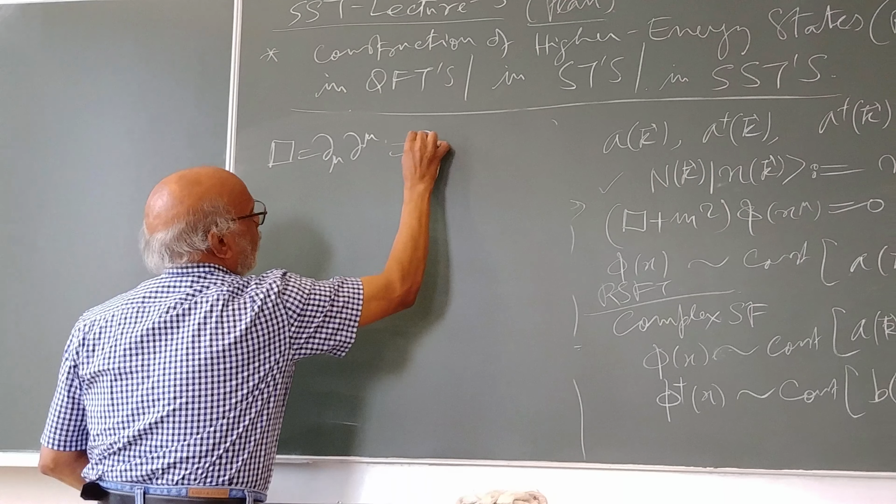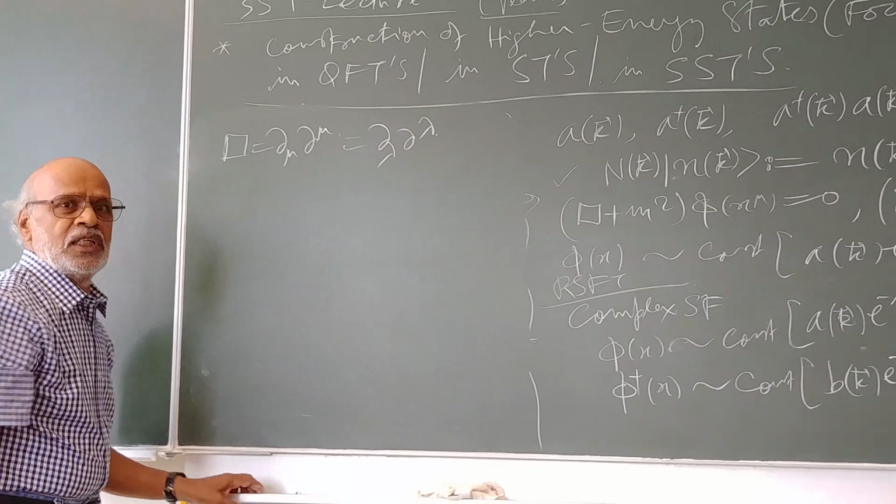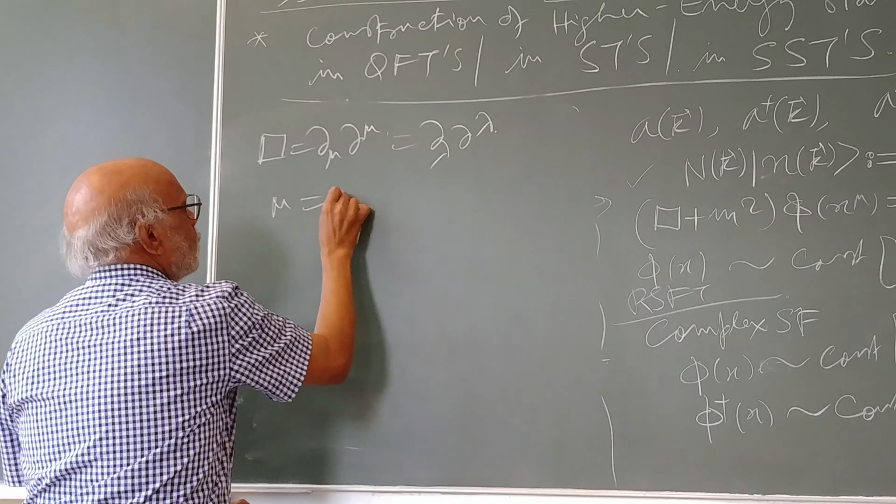d mu or d lambda, okay? So your mu takes on values 0, 1, 2, 3. This form of dynamics is called instant form dynamics, and with plus, minus and 2, 3, this is light-front dynamics. So this is your progression, and now for the real scalar field theory, we have the Fourier decomposition or the